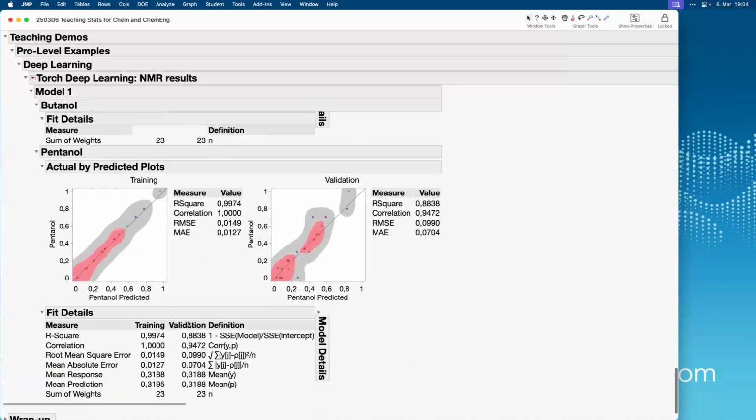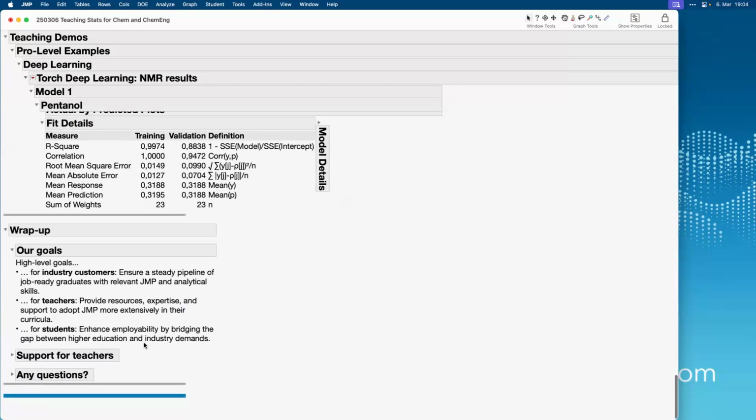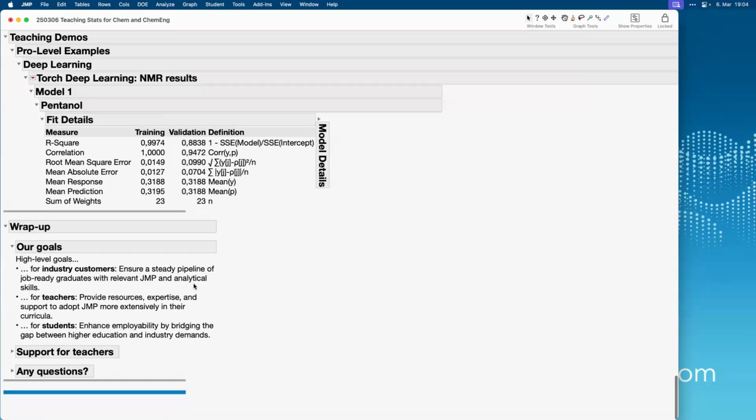Okay, so wrapping up, that's quick, and we are already over time, so that's good. What we want by making all of these connections is creating benefits for all of us. So for our industry customers, they need a steady pipeline of skilled graduates. For teachers, we want to provide resources, expertise, and all the support you need to adopt JMP more in your courses. And for students, we want to help them enhance their employability by bridging the gap between higher education and